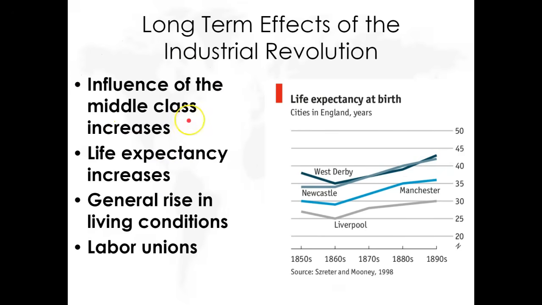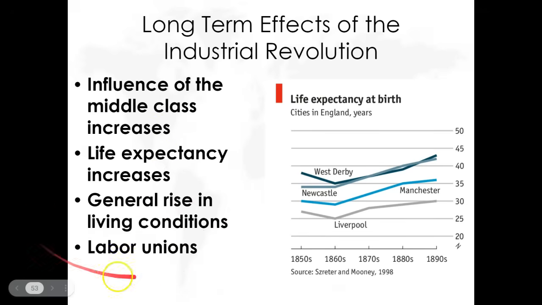Additionally, the middle class, the bourgeoisie, is getting really rich. They're the ones who own the factories. And usually when you become economically more wealthy, you also want political wealth. You want political power. So eventually the middle class, like I said in the previous episode, middle class will be the lead politicians and government leaders later on in the 20th century.